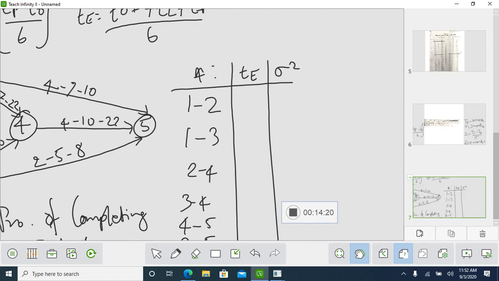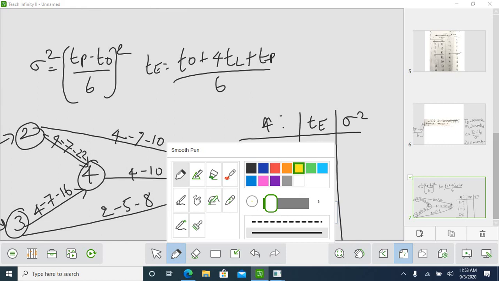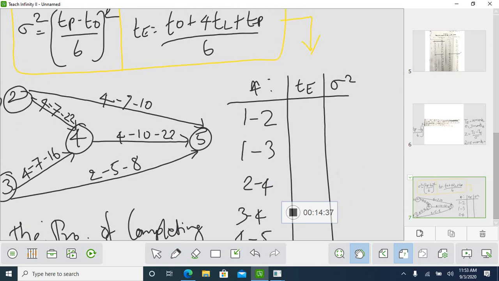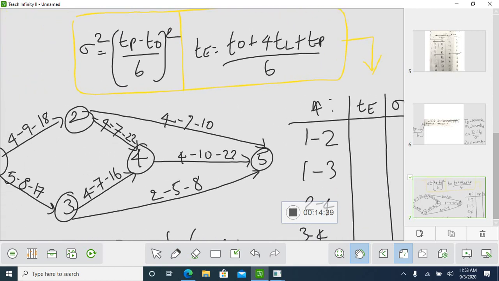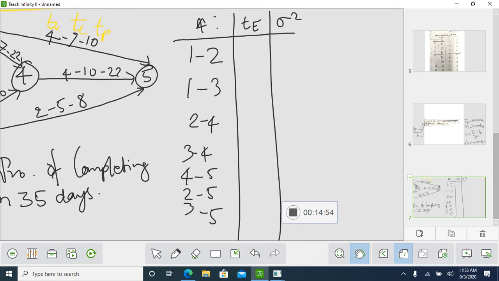Everybody work out, use these two formulas. Are you all clear? Use these two formulas and find out this table value. You all know what TO, TL, TP are, right? TO, TL, TP. This is for 1 to 2. What is the value? So I'll be getting 1 to 2, TE is